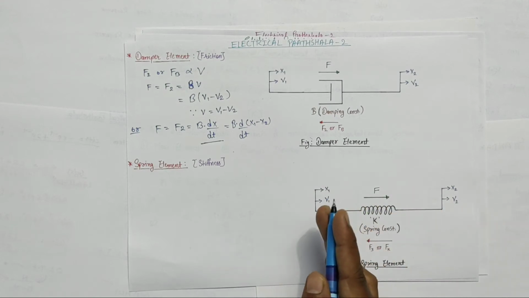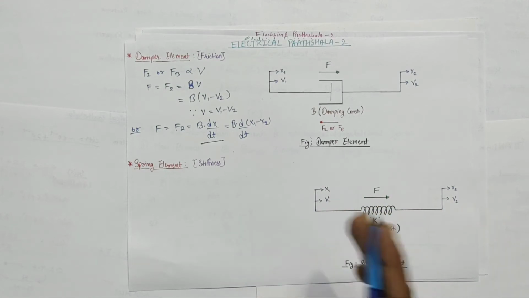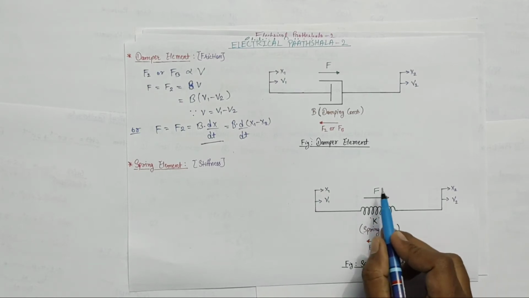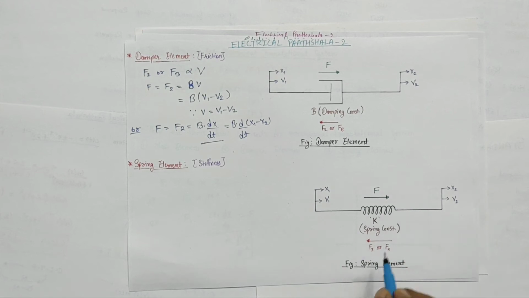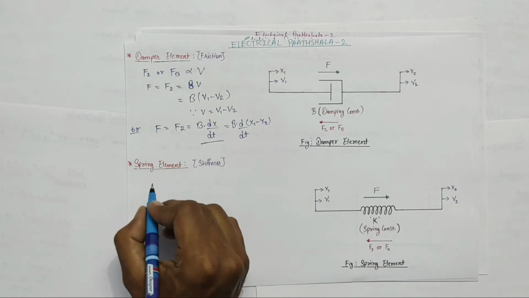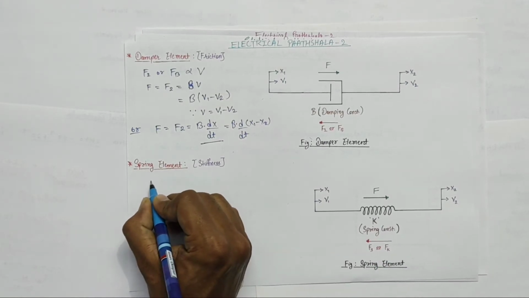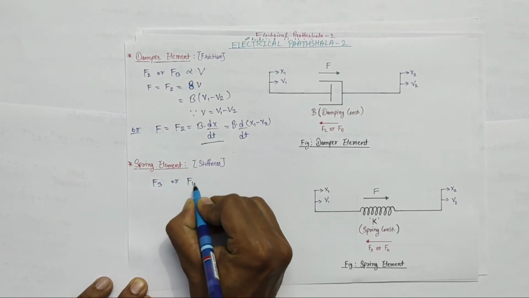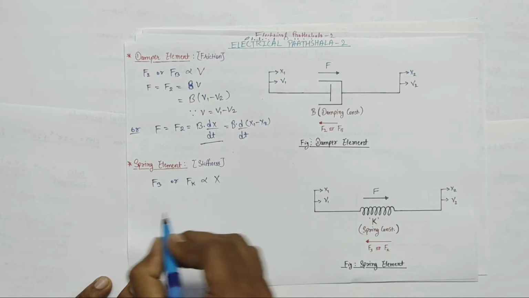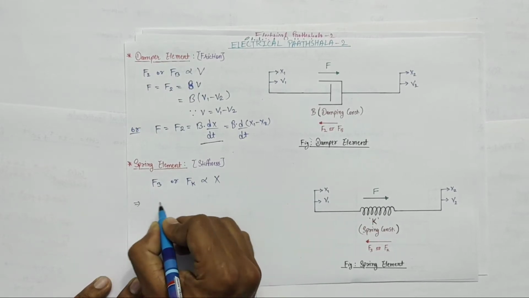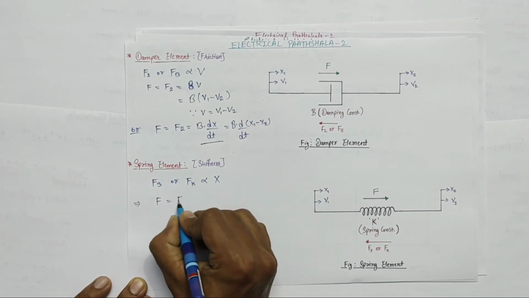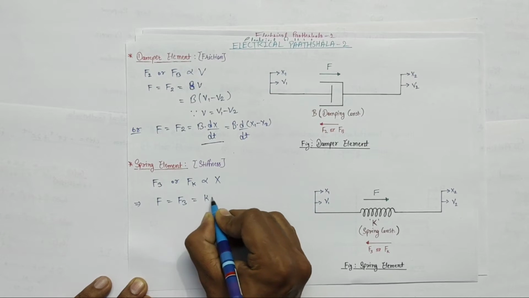Now here we are assuming that the other two elements are 0. Therefore this resisting force F3 or Fk will be equal to the externally applied force. And always remember that this resisting force F3 or Fk due to the spring element is always proportional to the displacement. So we can write here that F3 or Fk is directly proportional to displacement. And as we know that the other two elements are not present here, therefore F will be equal to F3, and we can write it as K into X.